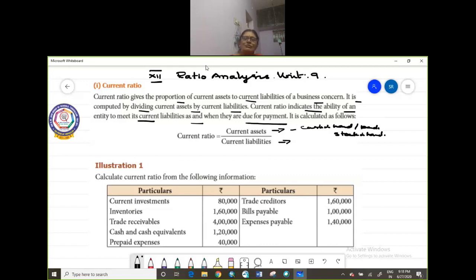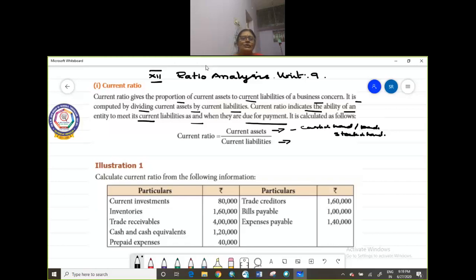Now, there is a lot of difference between current assets and fixed assets. Fixed assets are those assets like building and land. Those things you cannot sell and convert into cash immediately. You need some time for that, right? Current assets are those assets which are in liquid form. Liquidity means capability of being converted into cash very easily, right?